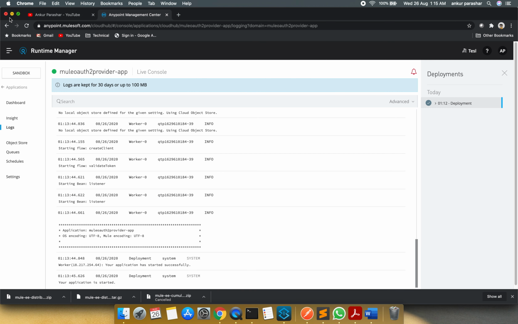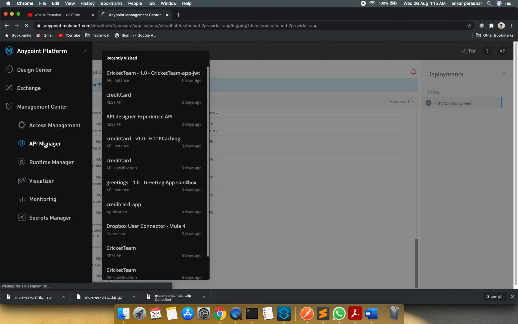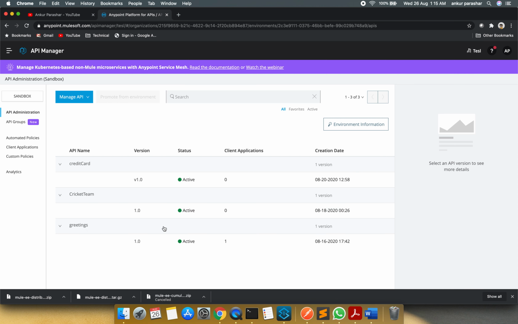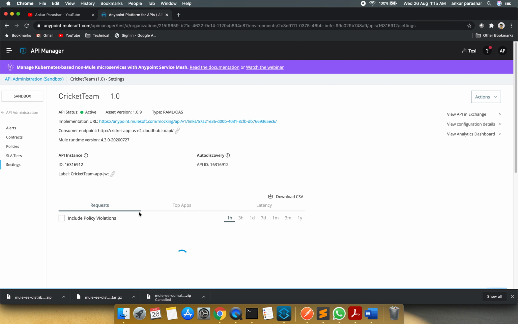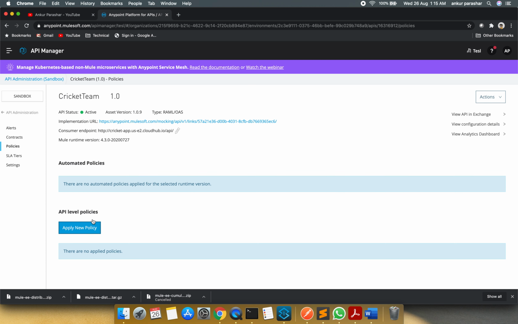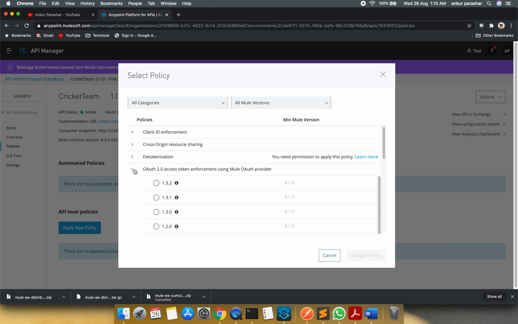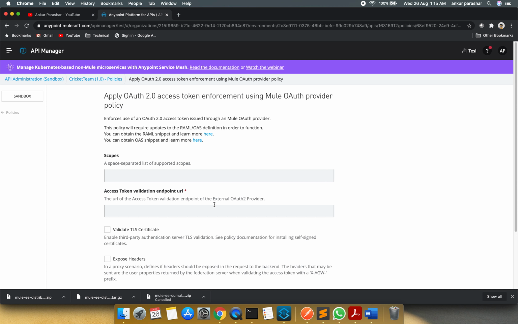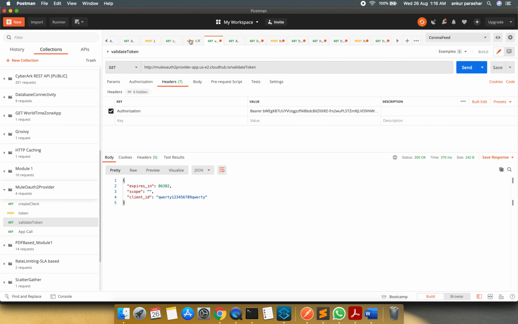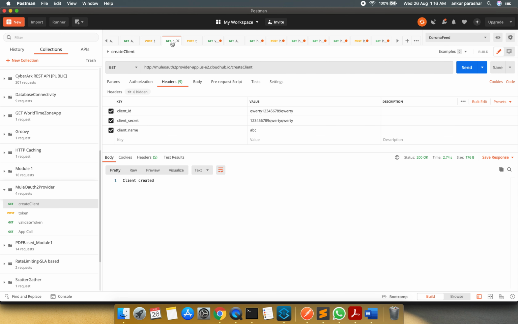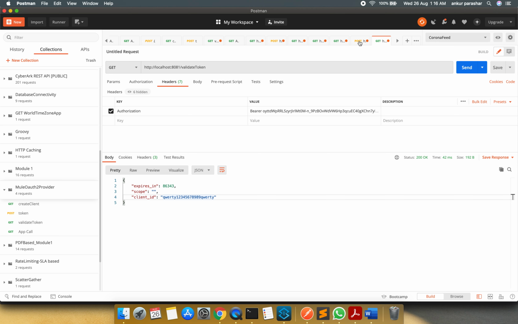I will quickly jump to the API manager, search for the cricket app within the API manager, and go for the policy, apply new policy, search for OAuth 2.0 SS token enforcement using Mule OAuth Provider, click on configure policy. Here you need to provide the endpoint URL. The endpoint URL will be something like the validate token one. So I will copy paste this one,